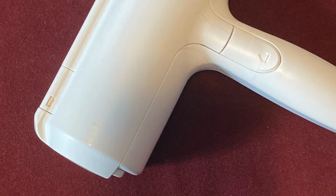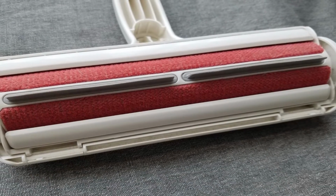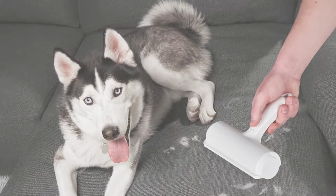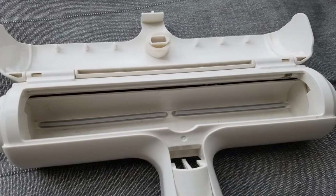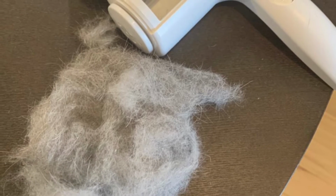This roller performed best on upholstery, while it was also good on clothing, blankets, and coats. Remember that it works more effectively on taut objects, so if you wish to use it on clothing or bedding, hold the item taut while applying. However, this little design defect does not diminish this roller's clear effectiveness at removing pet hair off furniture swiftly and